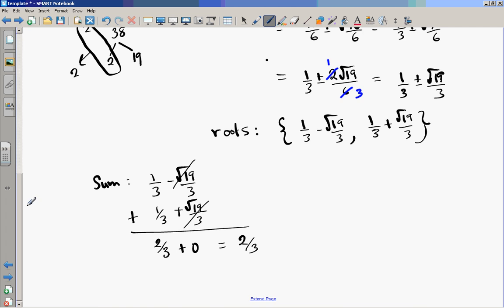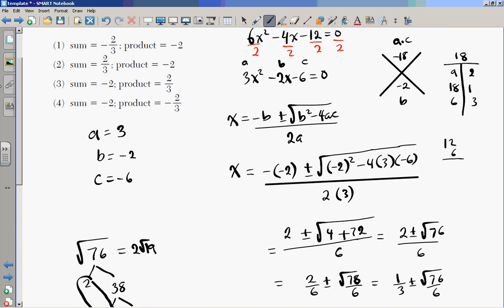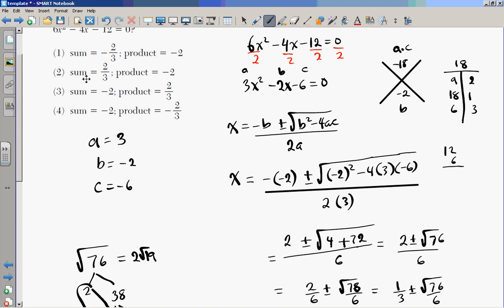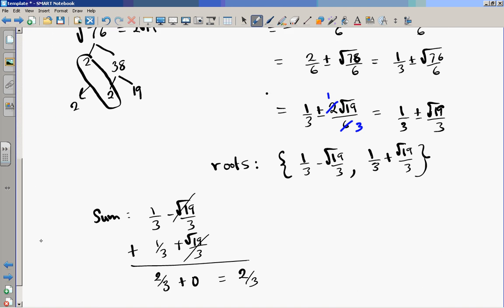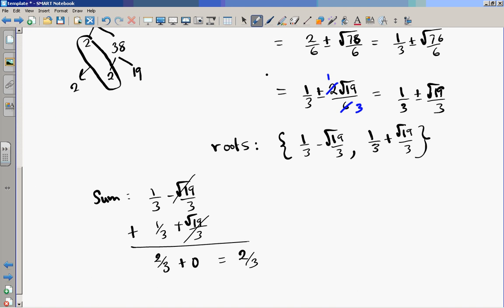Alright, so our answer, let's see. The sum is 2/3. Oh, how convenient. 2 is the only one with a sum of 2/3, so our answer is 2 over 3. Alright? So there you have it. Let's act as though we weren't paying attention. What if we wanted to find the product? What is the product of these two? Okay? The product of these two,